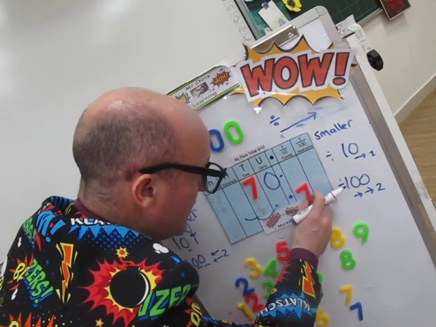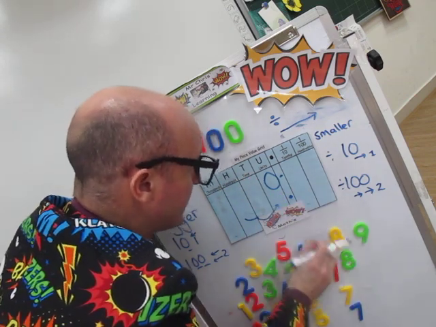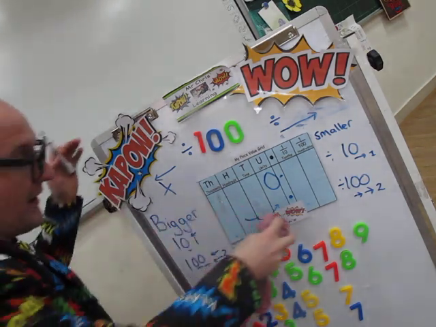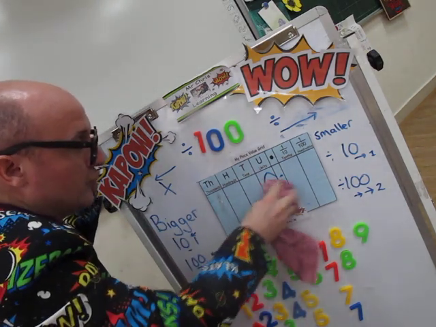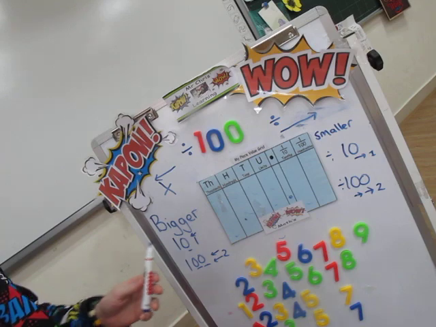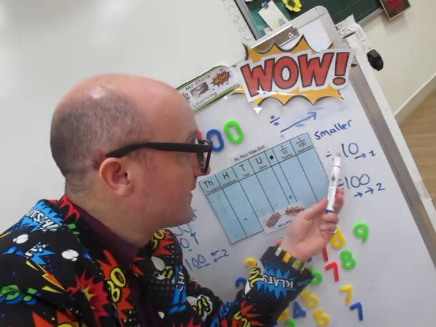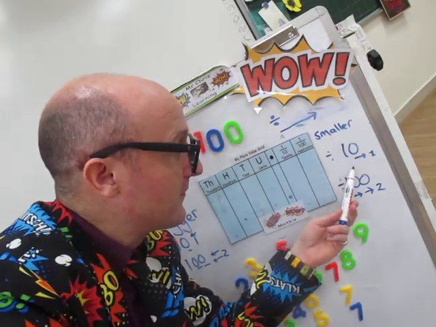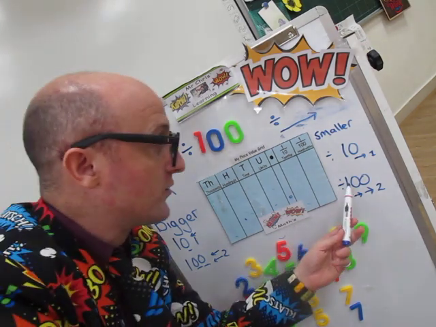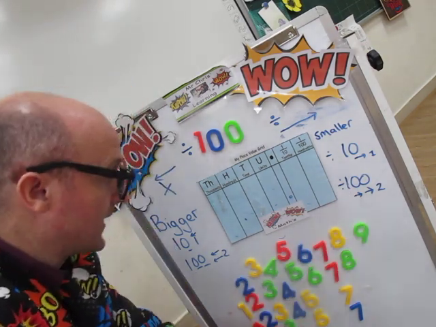We'll do a few questions where I'm just going to quickly do a number, and then you're going to divide it by 10 and 100 so you can see the pattern. So remember that dividing by 10, it goes smaller, but also 1 place to the right. 100, it goes to the right 2 places. Okay, so let's do